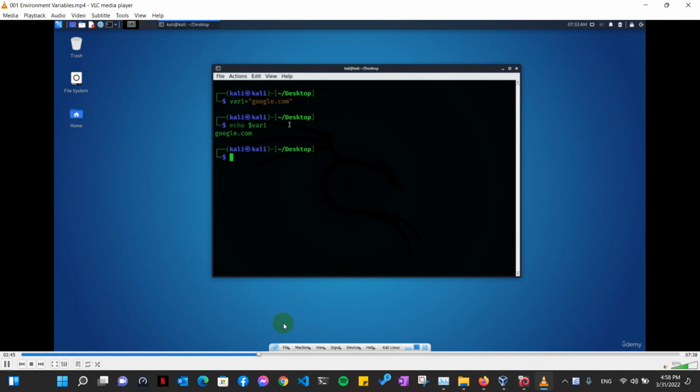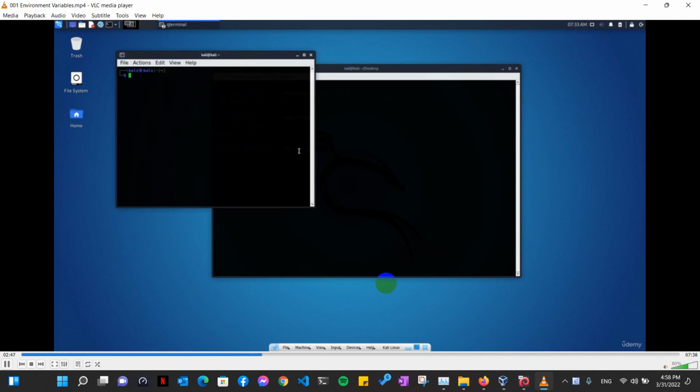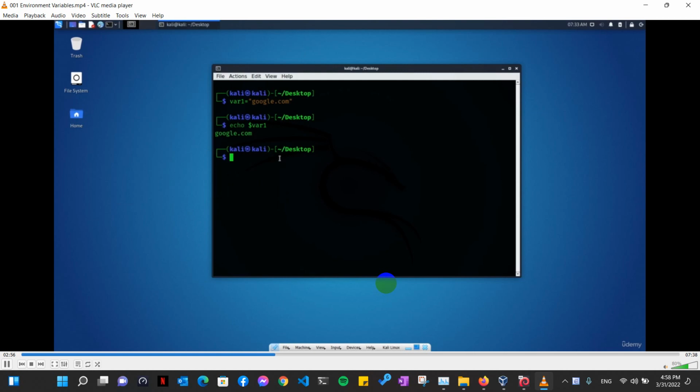Now open a new terminal, so Control Shift N, and if I type echo var1 again, okay, it will show us nothing. Why? Because we opened a new terminal session. So this variable is in